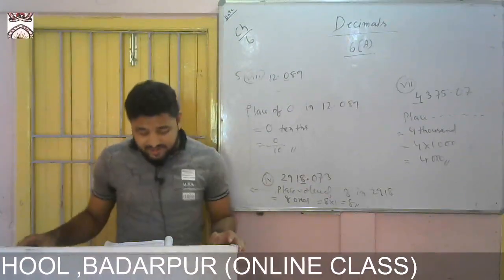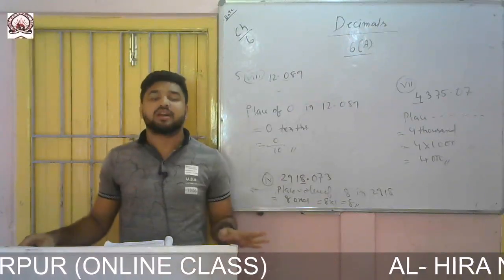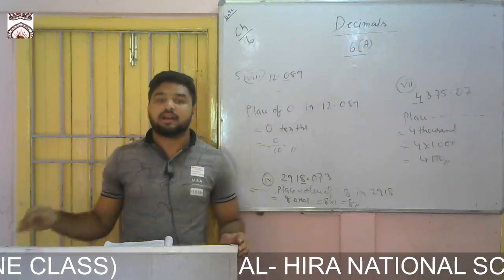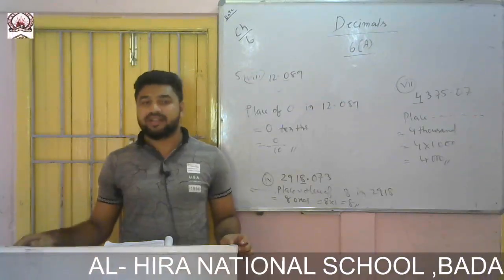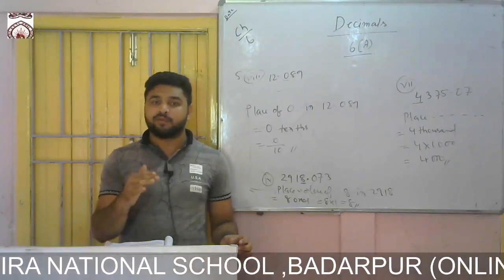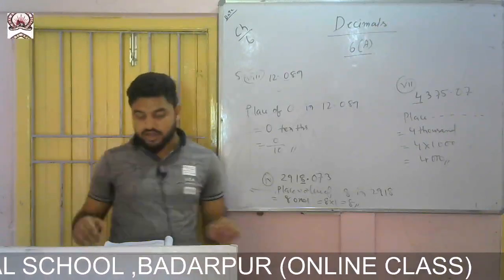So 1.7 is there. That means what? 1 is in integral part and 7 is in decimal part. That is what? Fractional part. And in fractional part, what? We divide the numbers according to the place value. So 1.7. So 1 plus 0.7, that means what? It is in tenths place. So we shall divide 7 by 10. Okay. So see.